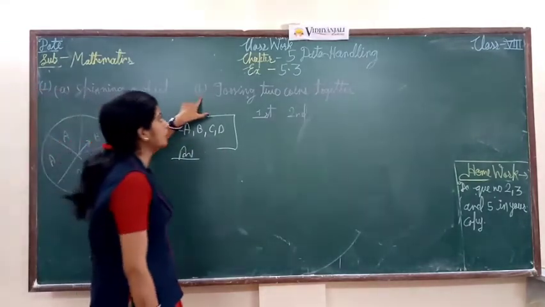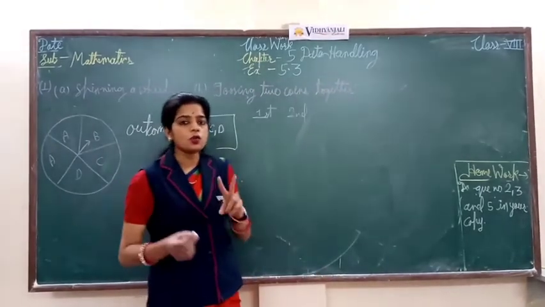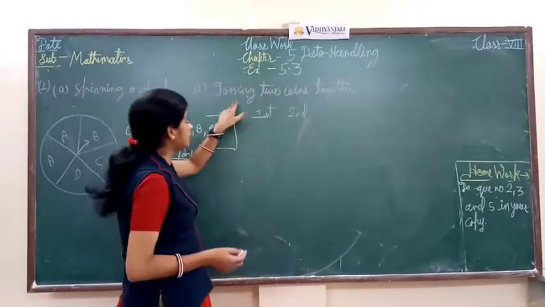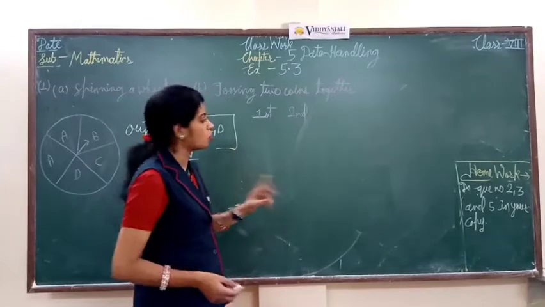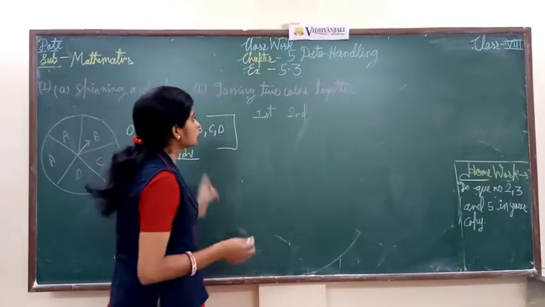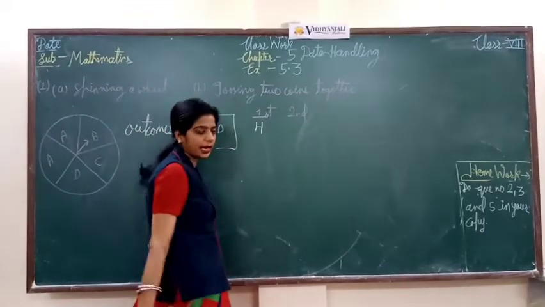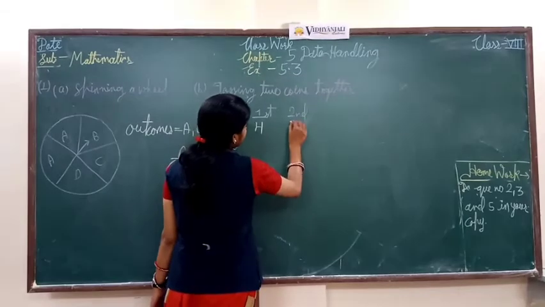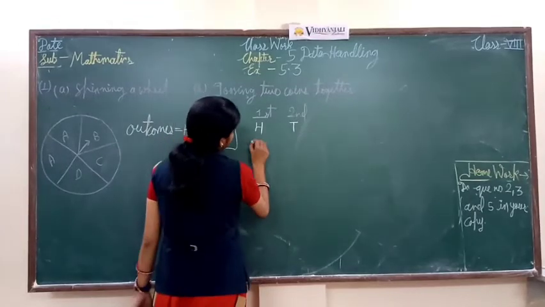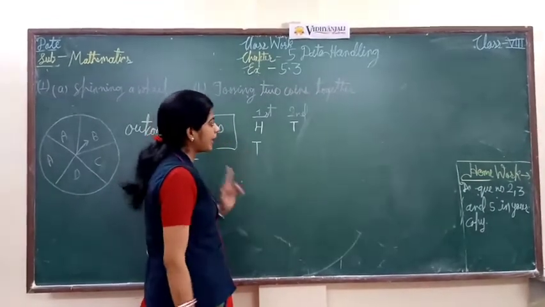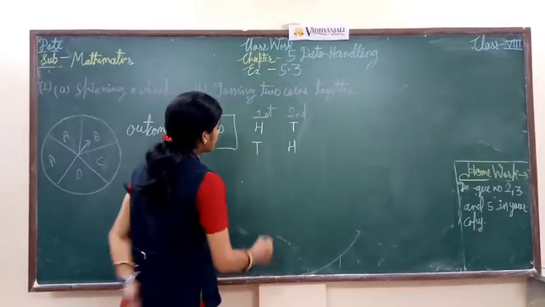Now let's do question number B of question number first. Tossing 2 coins together. If we toss 2 coins together, here it is given that tossing 2 coins together. So there are 2 coins, first coin and second coin. So when we toss both these coins, either the first coin will be head and the second coin will be tail. Okay, next situation is the reverse, that the first coin will be tail and the second coin will be head. Okay, third outcome is both